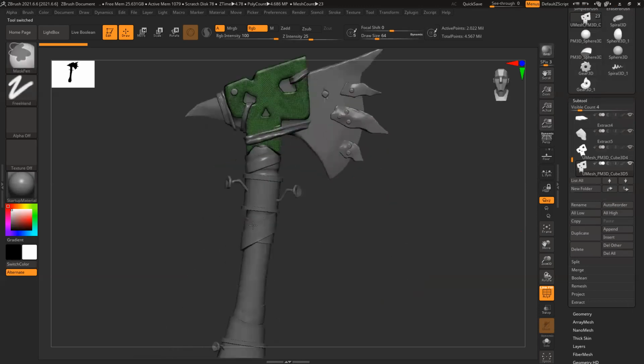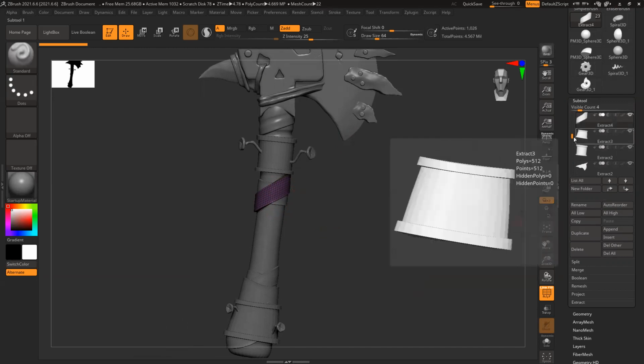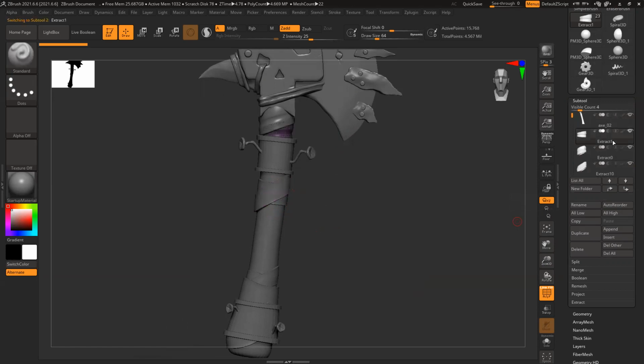So suppose here I have all these leather straps, right? So what I can do, I can create a folder only for the leather strap. So all the straps will be in one folder. It's basically how to keep everything sorted and clean. So what I can do, just select any of the leather, create a new folder, name it your strap